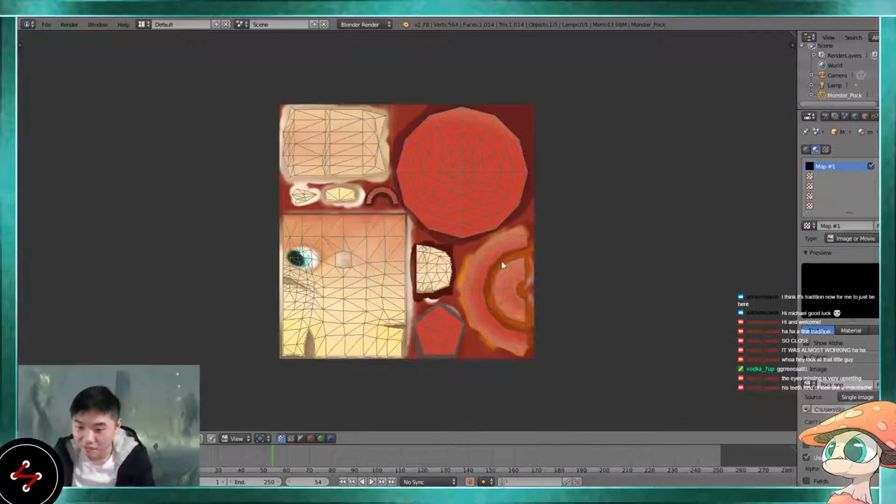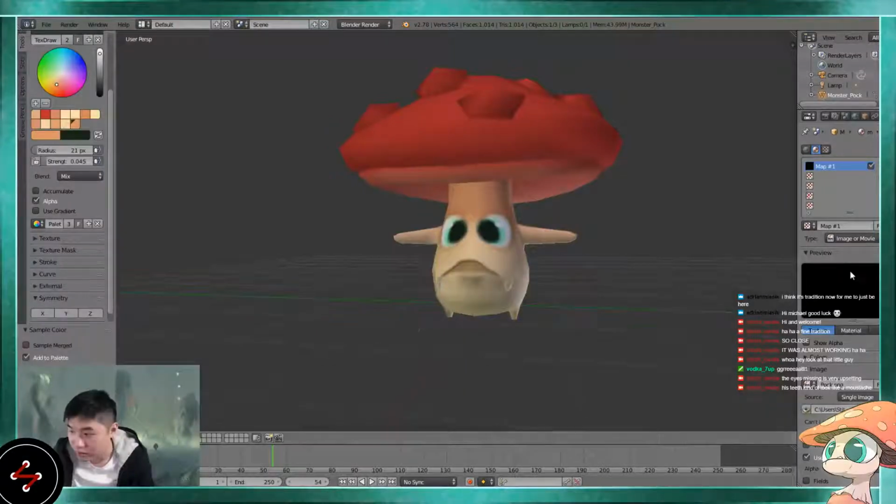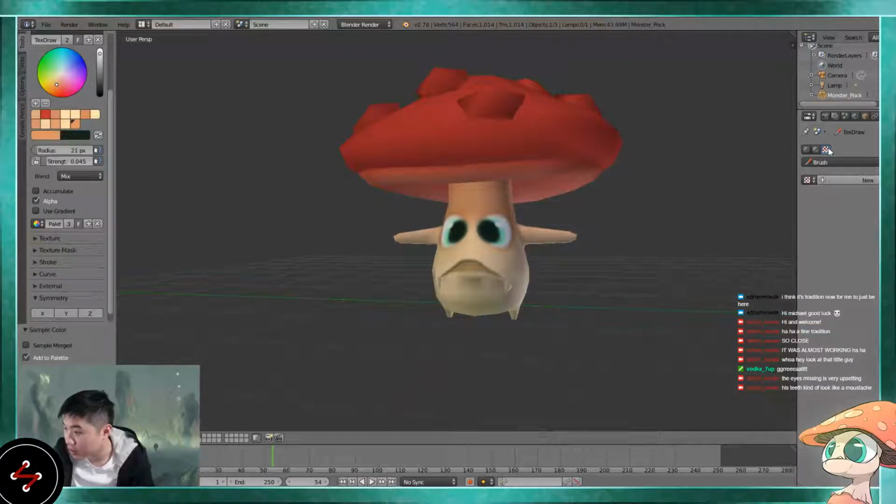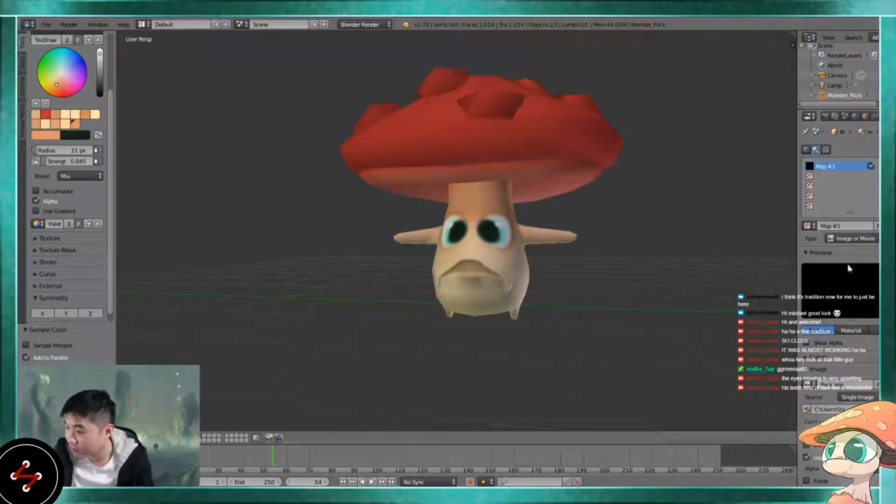I'm gonna save as image. And now if I import a new texture, let me see if I can find the texture here. I can add